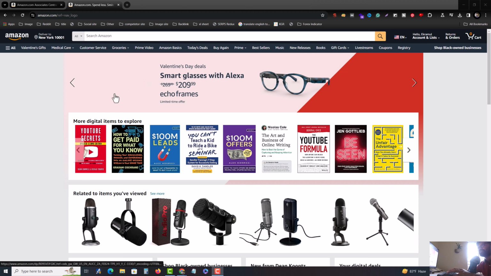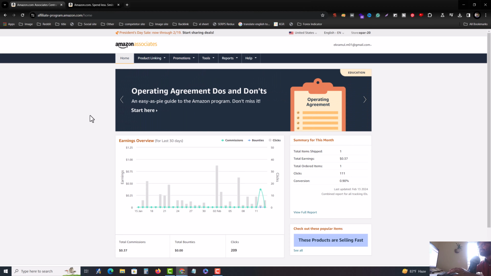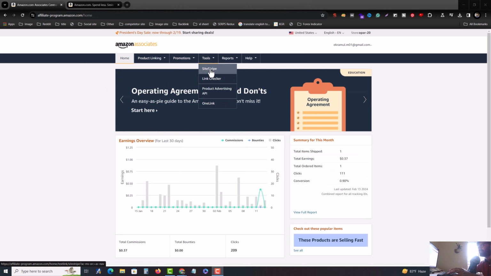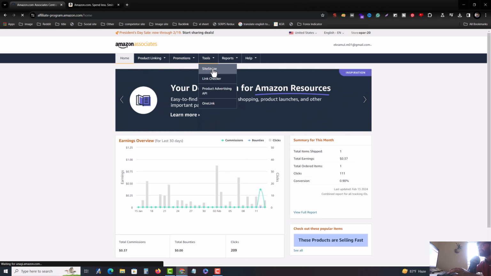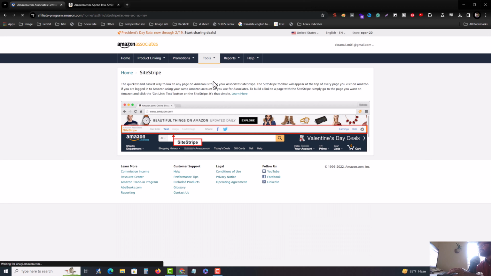So how to fix Amazon Stripe not showing in my Amazon? For that you have to go to your Amazon Associates account first, and then you have to press on Tools, and you have to go to Stripe, SiteStripe, and then you can see this kind of interface. You have to press on the Learn more option,